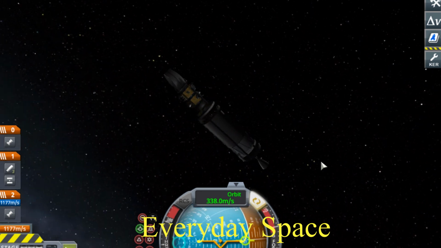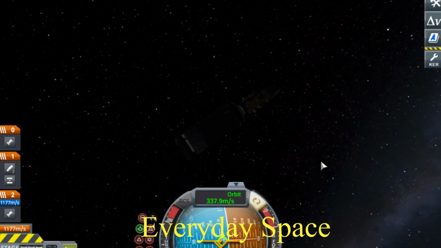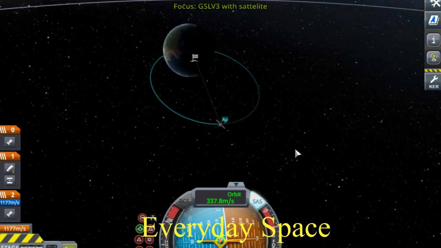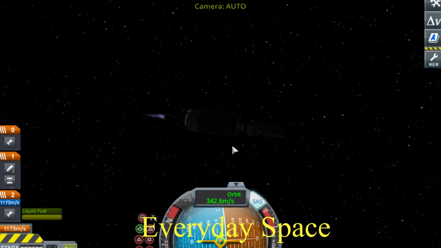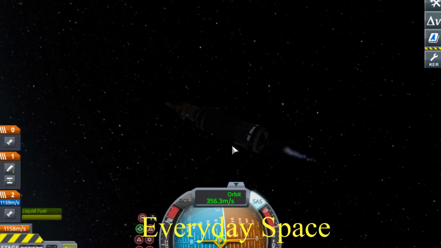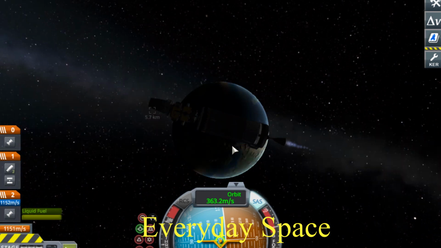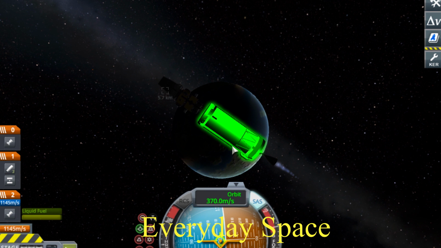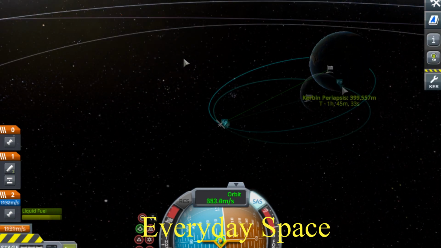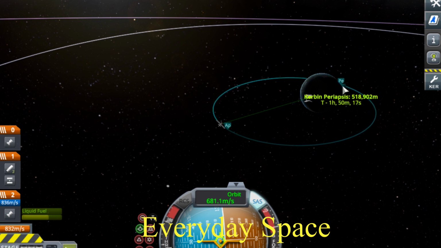So as you can see, we're just orienting the rocket to burn later on. So our goal is to basically make this in orbit. As you can see there, the CE-20 engine has now just ignited and is boosting the orbit even higher. The orbit is slowly raising, and now it is officially in orbit, but we need to